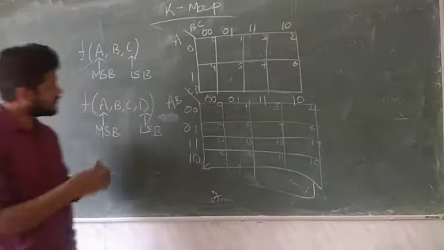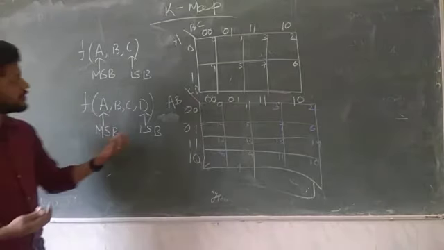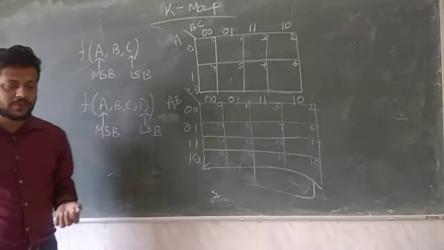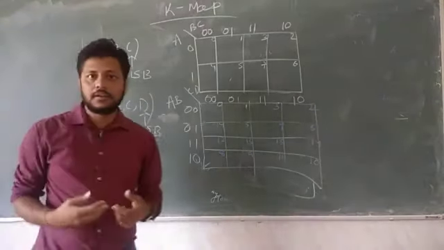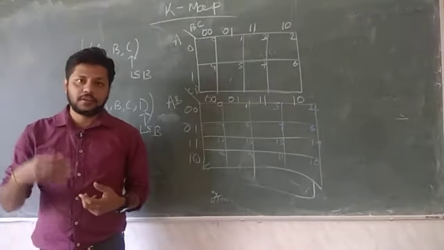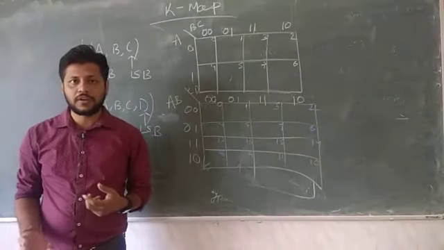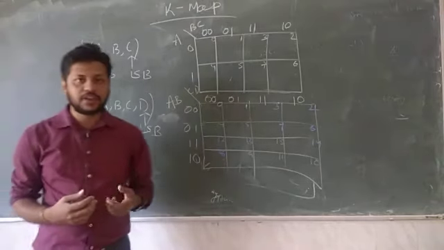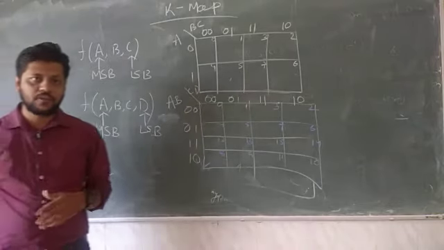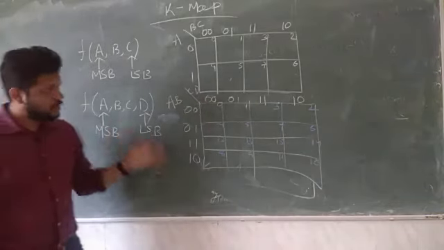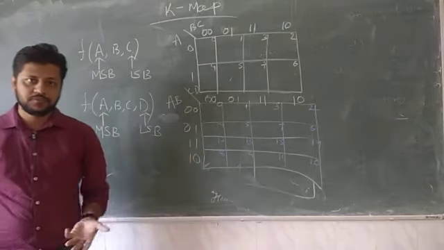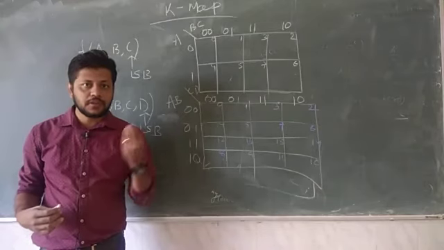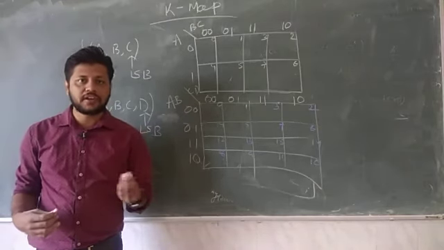So let us solve a few examples so that we have command over how to use this K-map for minimization of sum of product and product of sum expressions. First, in case they directly give a minimized expression, you have to convert it into canonical form or standard form. After the standard form we can write its min terms. In sum of product, the individual term is known as a min term, and in product of sum, the individual term is known as a max term. These are new terms for you, so kindly pay attention to it.